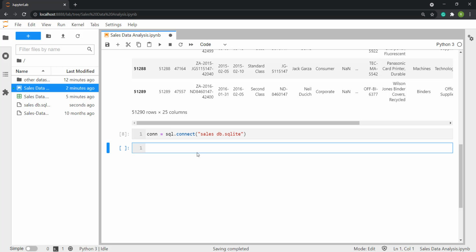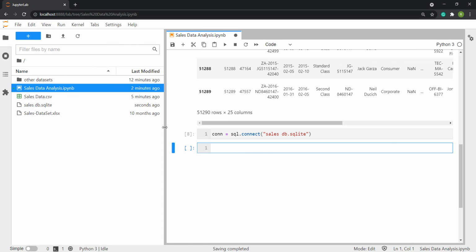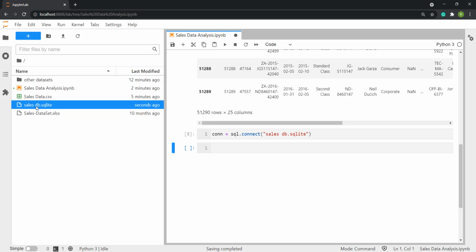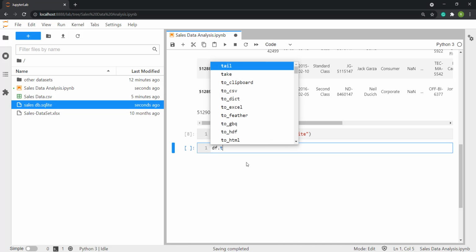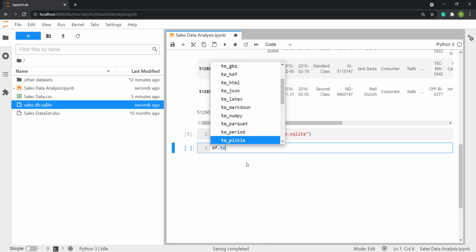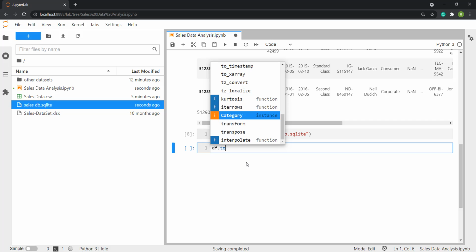It will automatically create a SQLite DB. Once the connection is open, you can go to Pandas. For example, you can take our file, our database, we can save it. So you see,